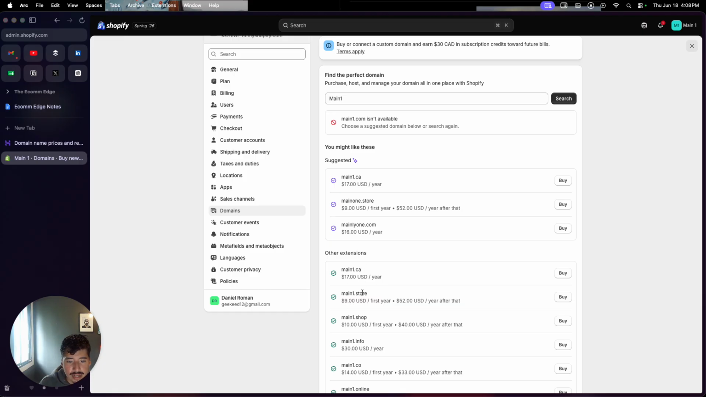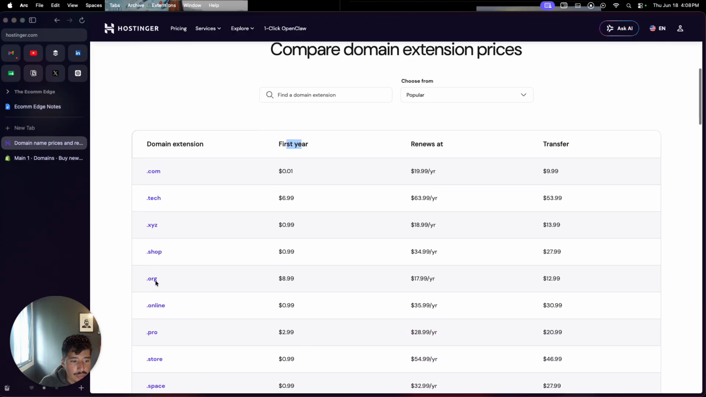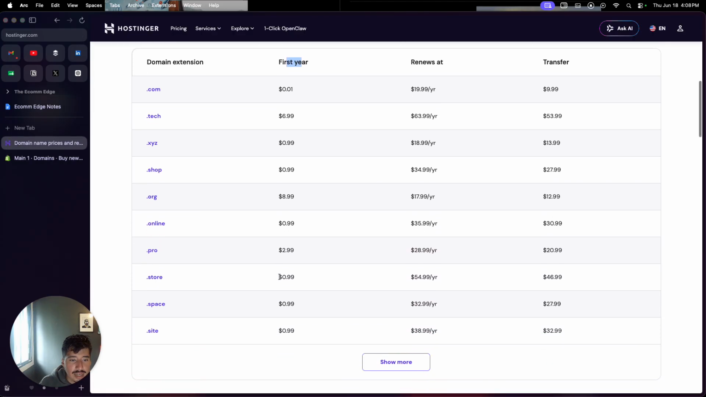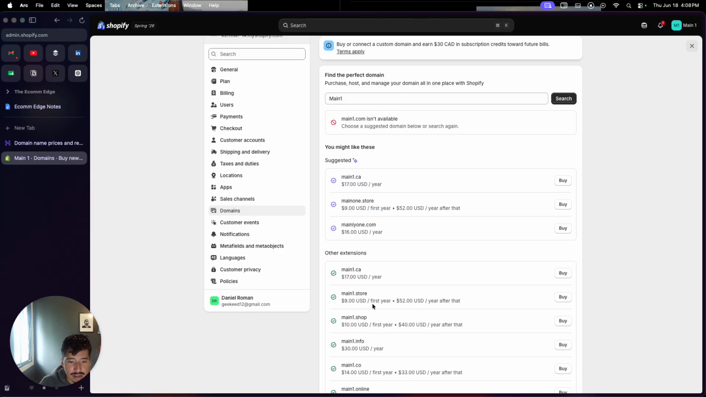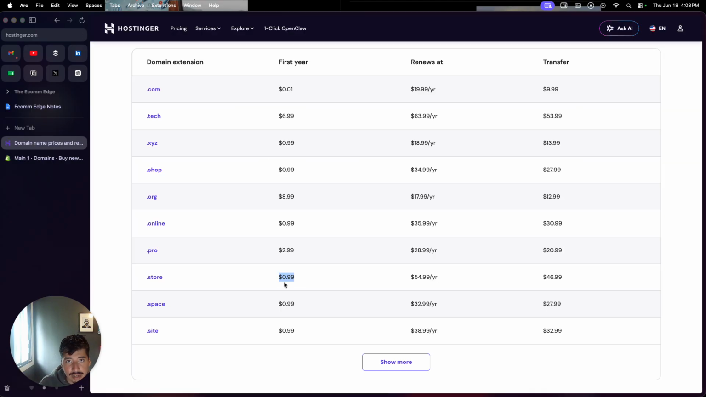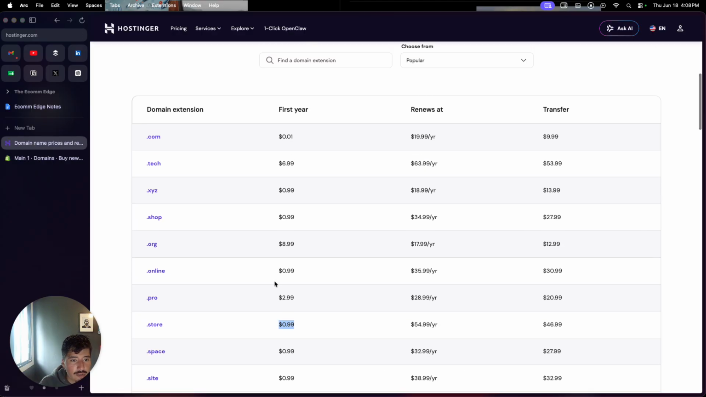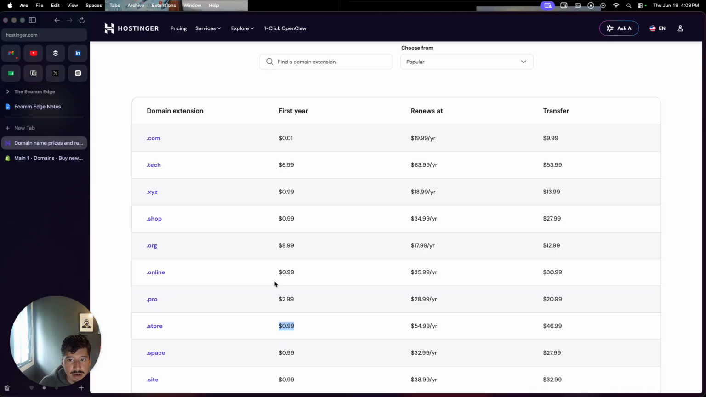Or let's say you get a domain ending with store. The first year you'll pay $9, and then after that, it'll be $52. And so that's something that you might want to look into. And as you see here, this one is $1 if you buy the domain name. Instead of paying $9, you'll pay $1 for it. So you're saving $8 right there. So a great option if you're thinking about buying a domain for your Shopify store,